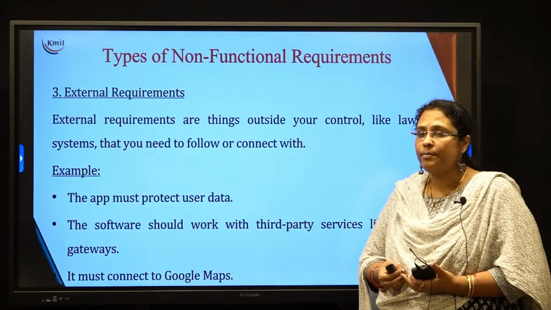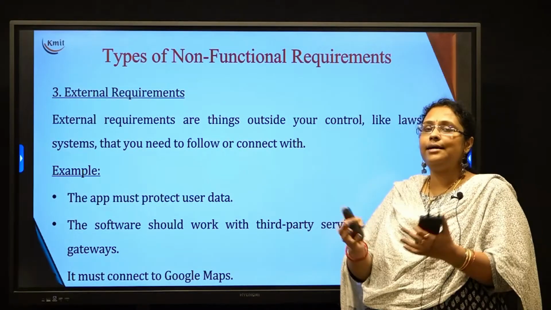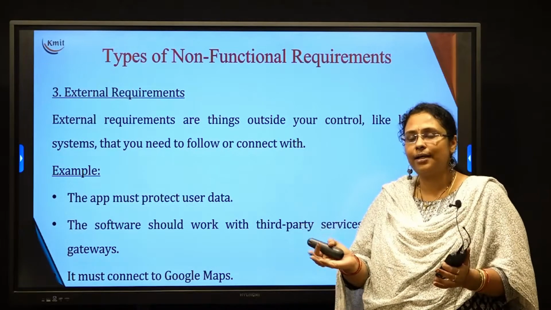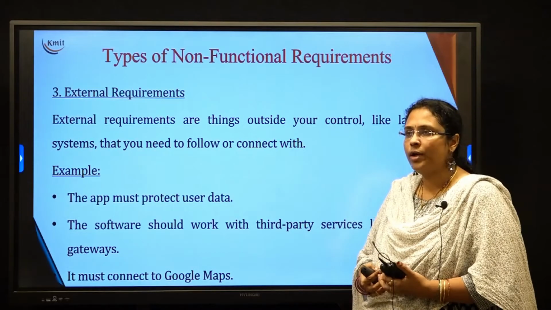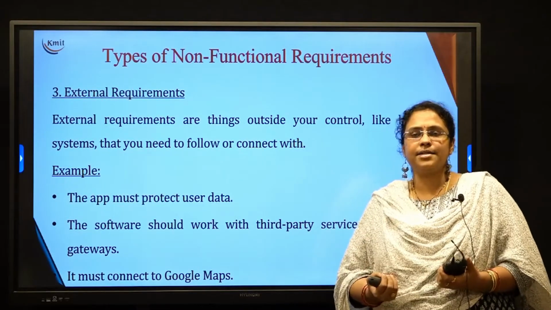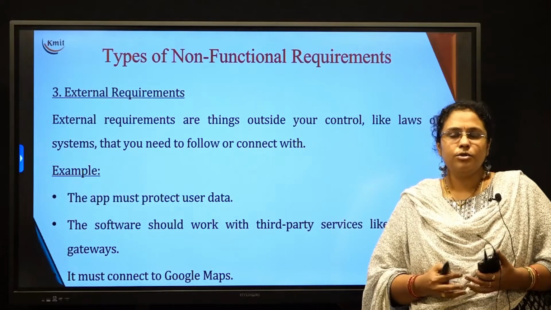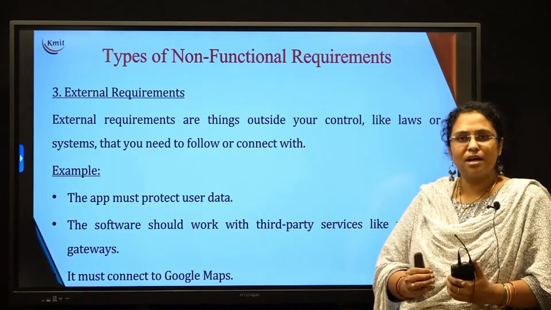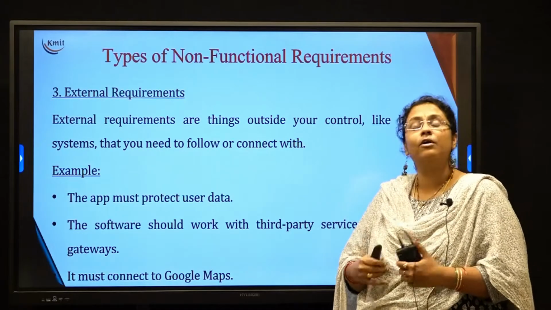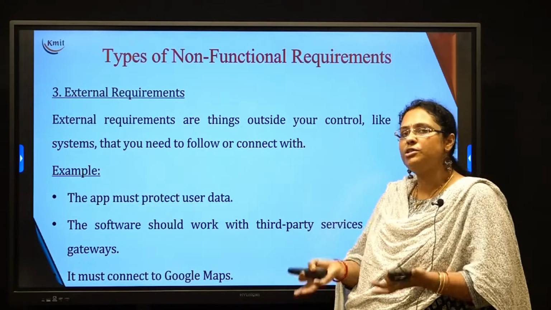These are the requirements which talk about the legal things or the external things that are connected to your particular software. Okay, like for example, you are collecting some vital information about the users. Okay, so that particular information or the personal information that you have collected of the users should not be misused by us.